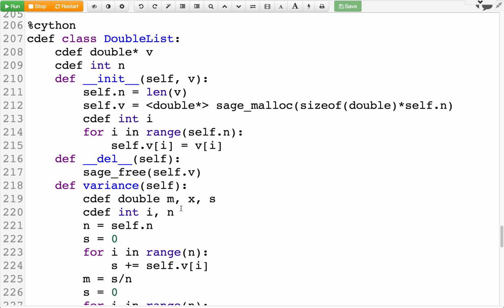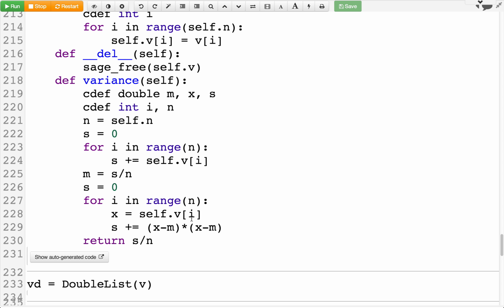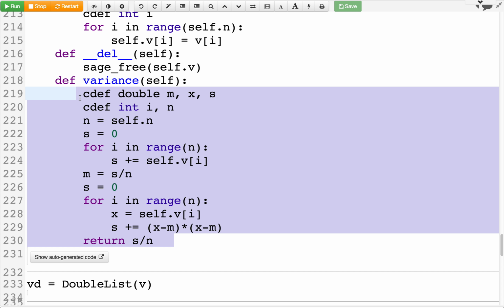This looks a lot like Python, it's just that there's a couple of lines where you use a cdef and you get to use a C data type. And the speed up we got, if you sit down and write something to do the same thing in just straight C, you're going to get about that speed. So the bottleneck, the part that actually is taking the time, we're going to get the same speed as C by doing this. If we look at this function variance right here, it's all just converted line for line directly to C. Okay.